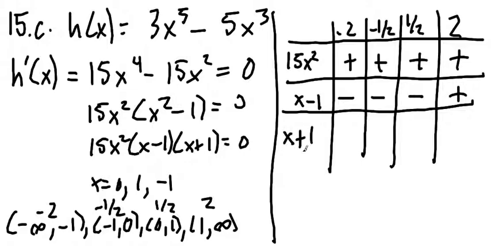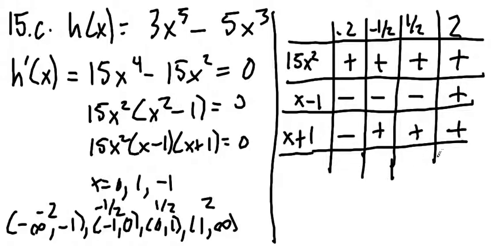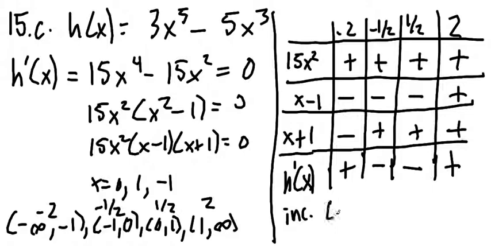My other factor is x plus 1, negative 2 plus 1 is negative, it's negative 1. Negative 1/2 plus 1 is positive, and 1 plus any positive number is also positive. So at the end of the day, my first derivative, h prime of x, is positive times negative times negative is positive, positive times negative times positive is negative, and all the way down positive is positive. So this tells us that it is increasing from negative infinity to negative 1, and from